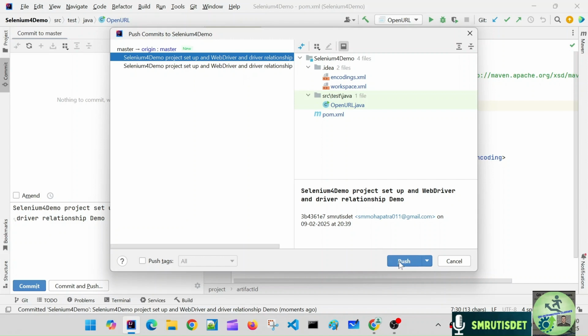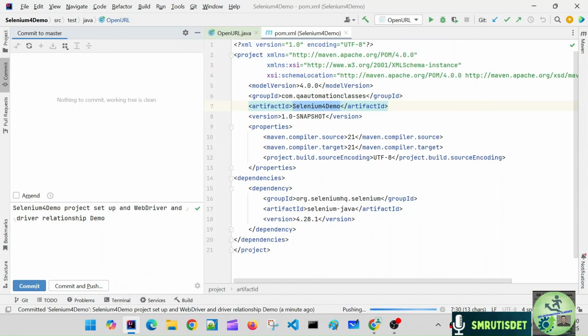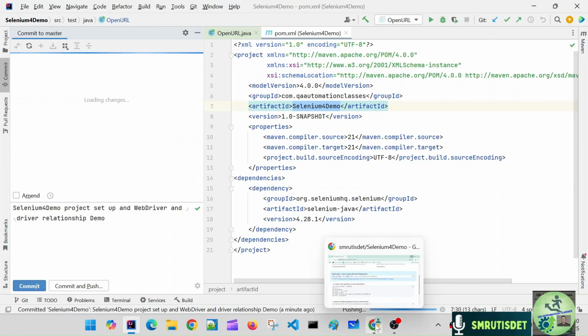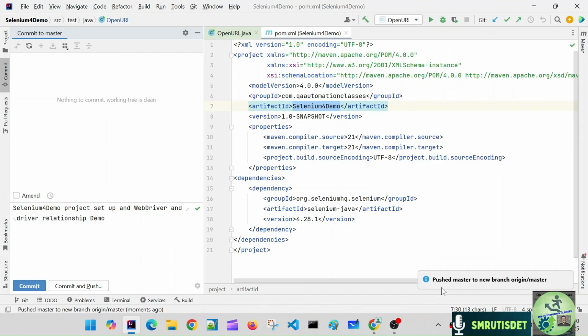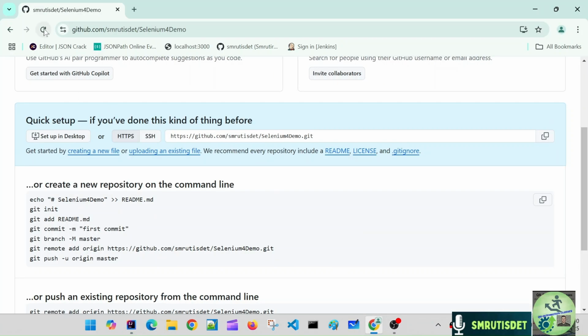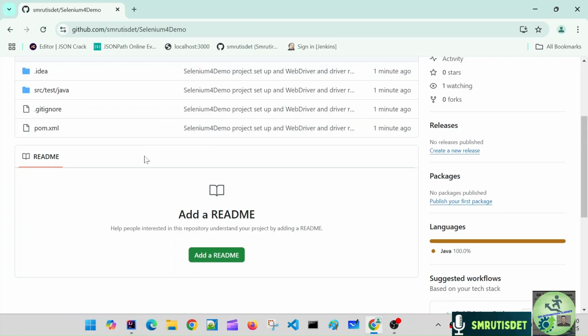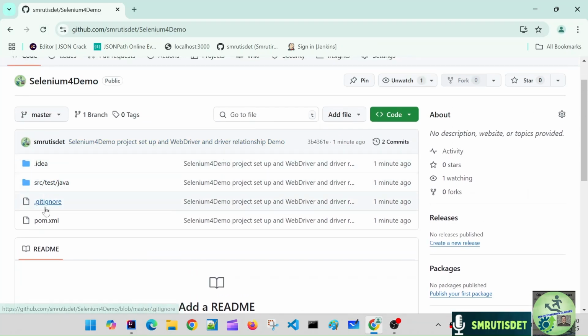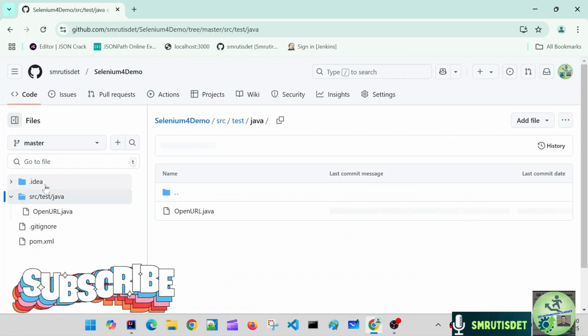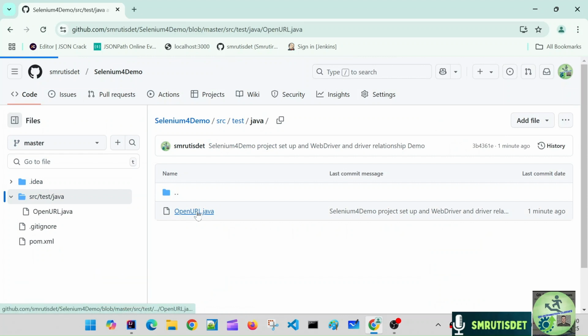So now let's say push. When I say push, it is going to push into the remote repository, to our project. Let's wait for some time and see if the push is successful. Okay, so pushed master to new branch origin/master. So now we can go and refresh this one, and we can see those commits here. If you see, our pom.xml, source, test, java, and here we have the open